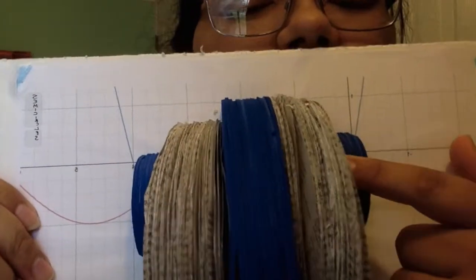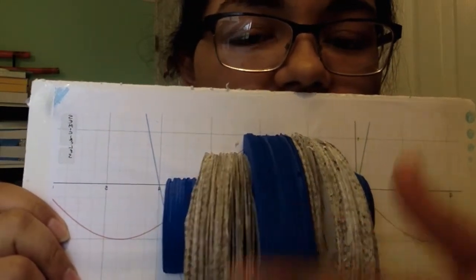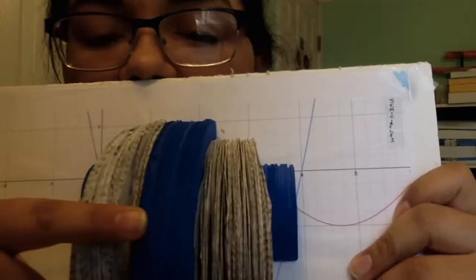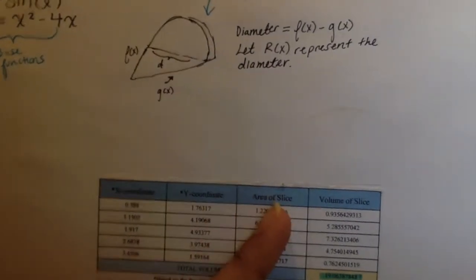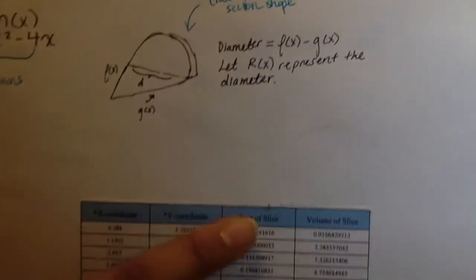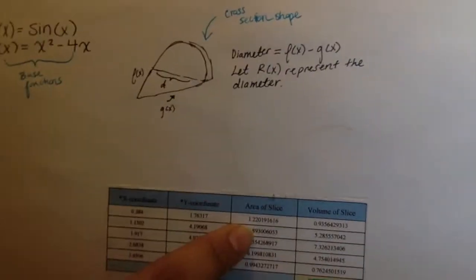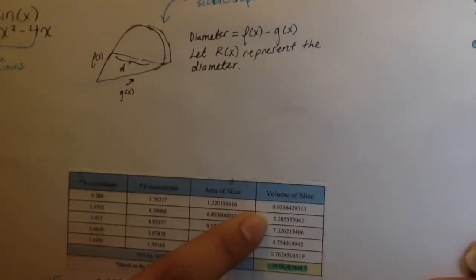In order to figure out an approximation using these 5 shapes, I needed to divide them in equal, we would call width, I guess. 0.7668. That's the width. In order to find the area of a slice, I square the diameter, multiply it by pi divided by 8. Now to find the volume, all you have to do is multiply that by the width,